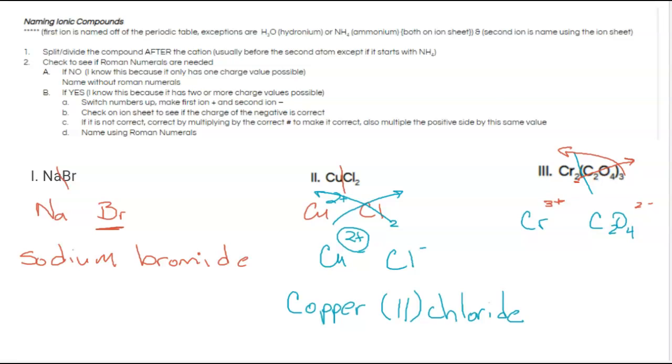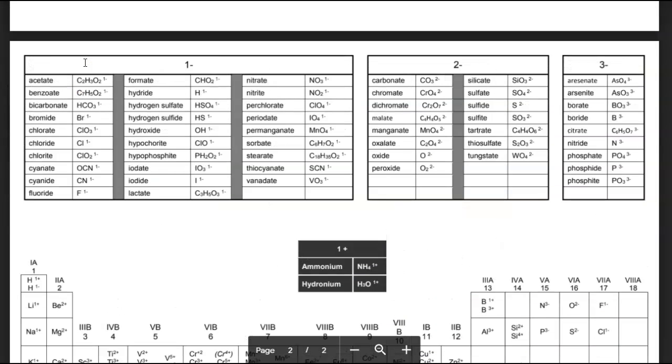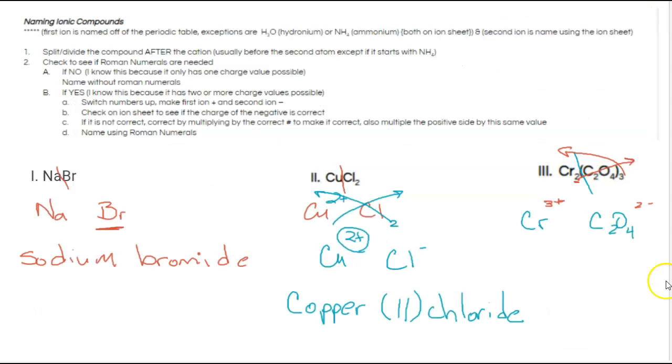So I go back to my periodic table. I locate the C2O4. C2O4 is right here. It's called oxalate, and its charge is really a -2. So when I go back and I see that this is really a -2, that means the chromium is really a +3. I didn't do any kind of reducing. So I simply write the name for this one